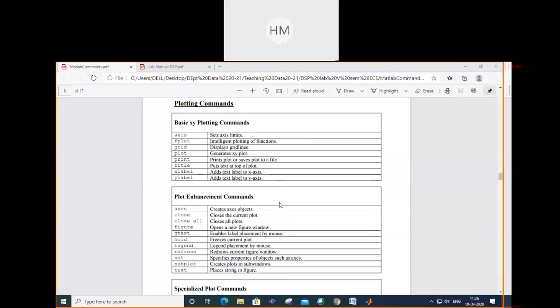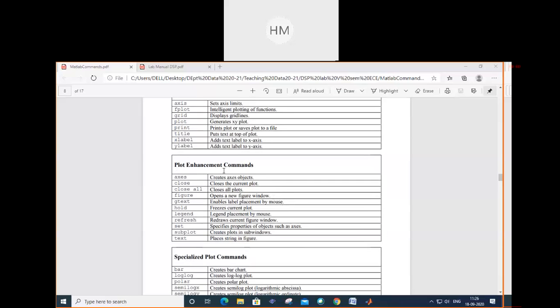Plot enhancement commands. These are also very useful commands. Axis, create axis objects. Close, closes the current plot. Close all, closes all plots. Earlier we had studied these instructions like clc.